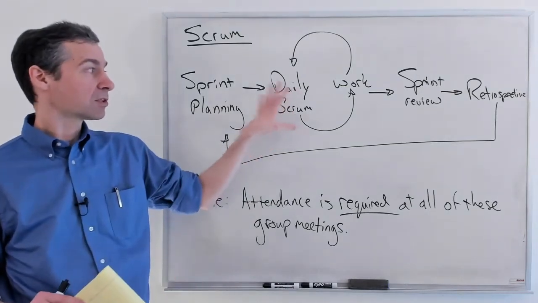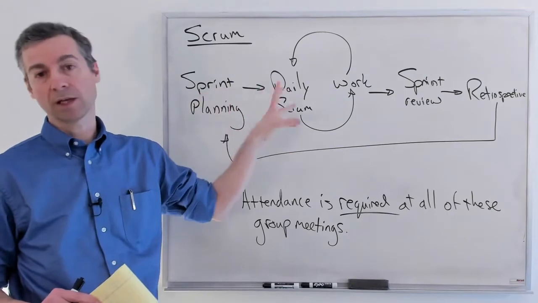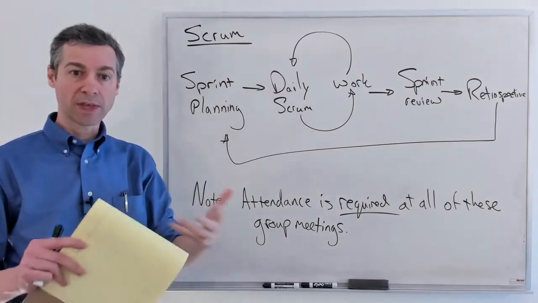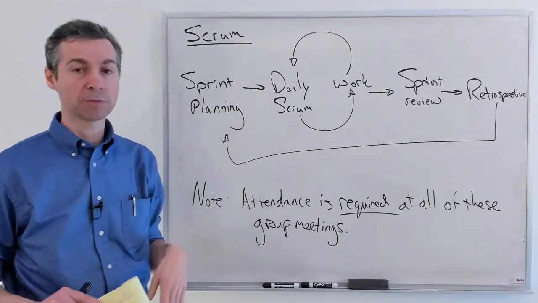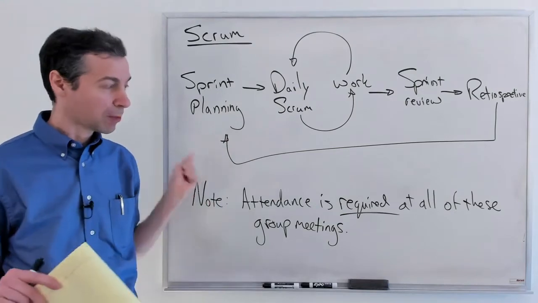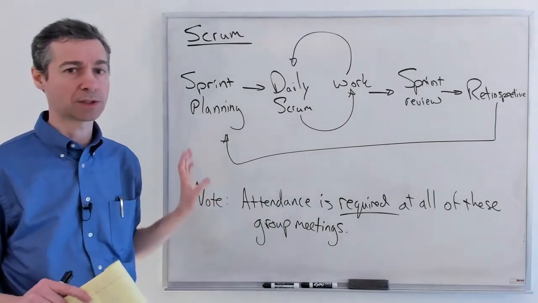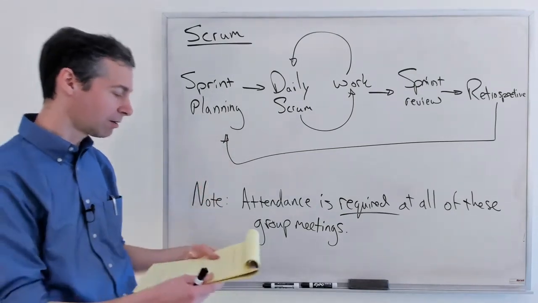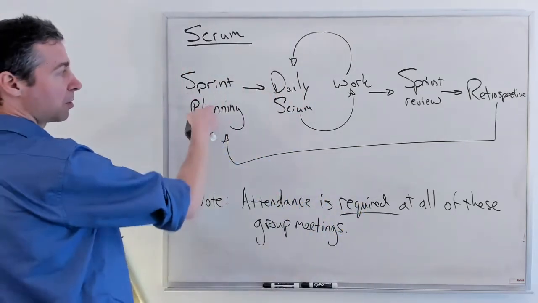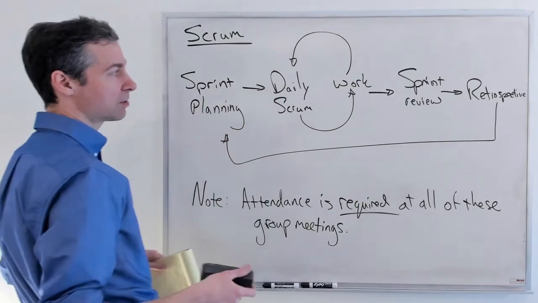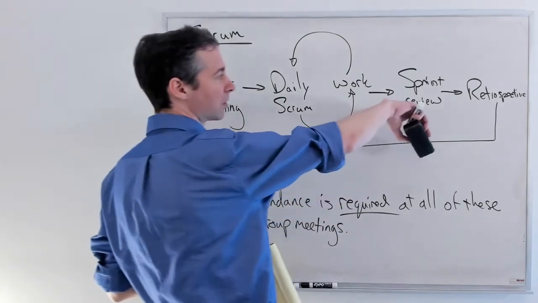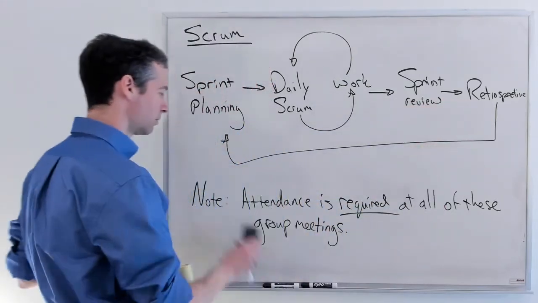And you'll have to adjust working with them if you can't show up, for example, for a daily Scrum, and be sure that we'll go over what a daily Scrum is today, but you'll have to update them, okay? But attendance is required. It's not optional. I just want to be really clear about that. All right, so we want to talk today about sprint planning and get into the daily Scrum. And then later in another lecture, we'll cover sprint review and the retrospective.